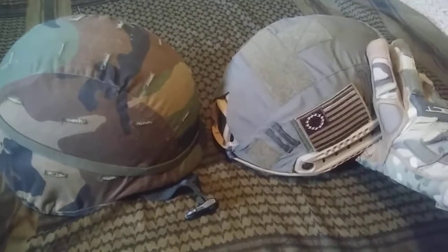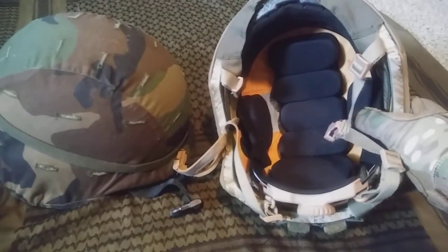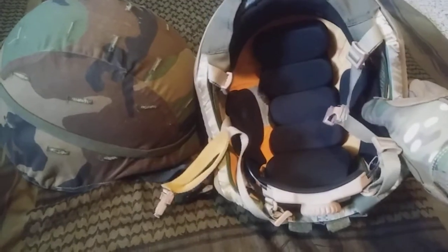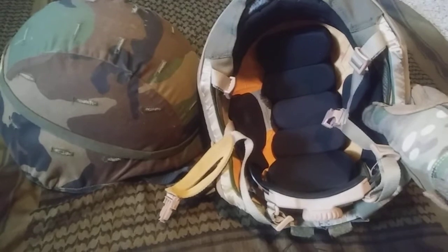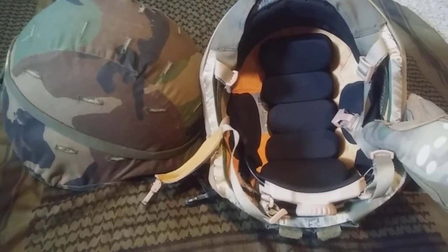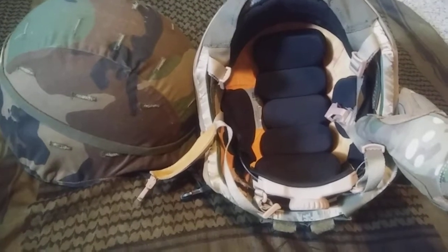They are comfortable. Like I said, at least with the Gen 1, I can't tell you what the Gen 2s have. I think they have these standards, but these here are the upgrade pads, the Comfort Plus pads, and they are a massive improvement over the ones that just came in it stock from the factory. Relatively lightweight, very comfortable, wide range of adjustment. I haven't worn this thing for 5 hours on end, so I can't tell you how much it fatigues you as far as that goes. But,